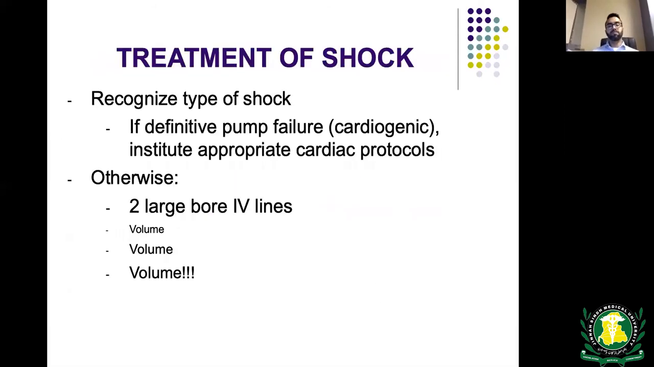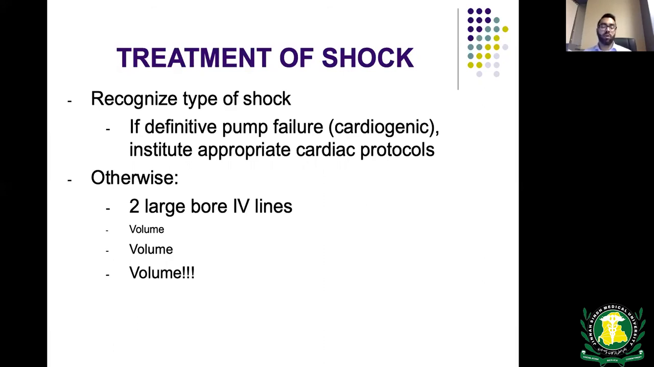Treatment. First and foremost, you have to recognize that the patient is in shock. Once you do that, the first thing is you have to stabilize the patient if the patient is in severe shock. And then try and recognize the type of shock, because there are specific treatments for different types. As I said, if the patient is in cardiogenic shock, then the treatment is different than the remainder of the shocks. But for hypovolemic, obstructive, and distributive shock,